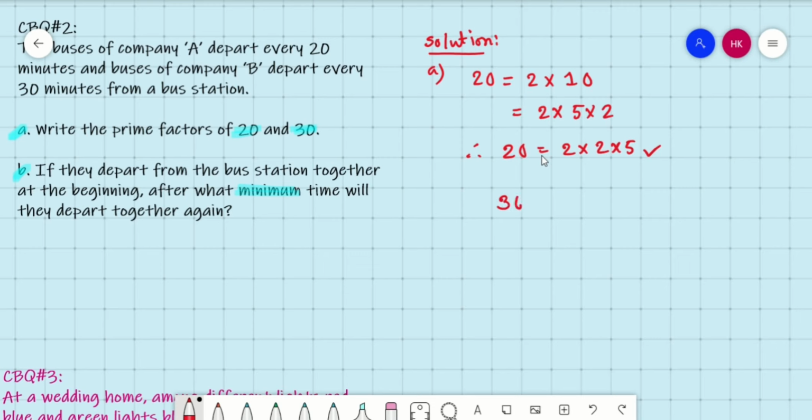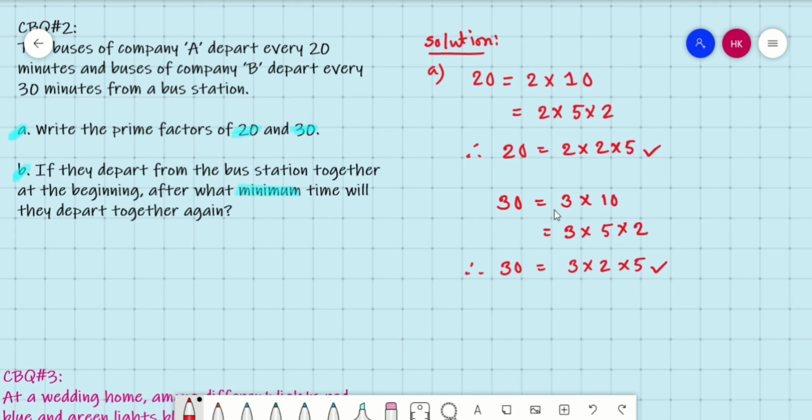Again, for 30 we can write 3 times 10 and also 3 times 5 times 2. Therefore 30 can be written as 3 times 2 times 5, which is our answer. I hope you understand. We just rewrite 30 as the multiples of some prime factors. So here